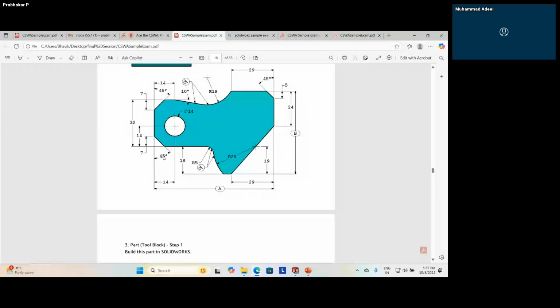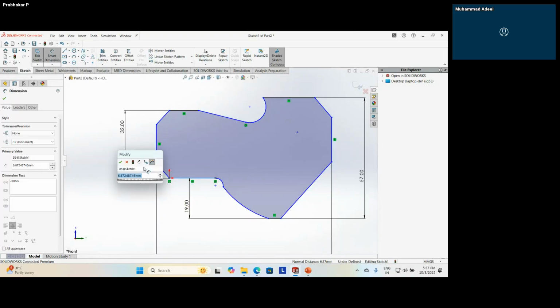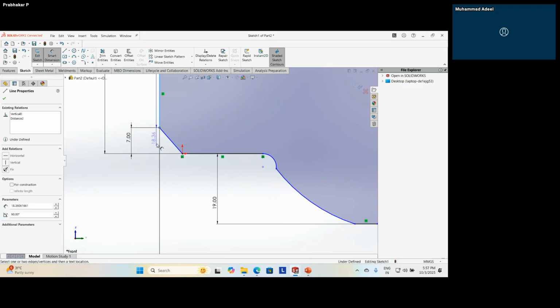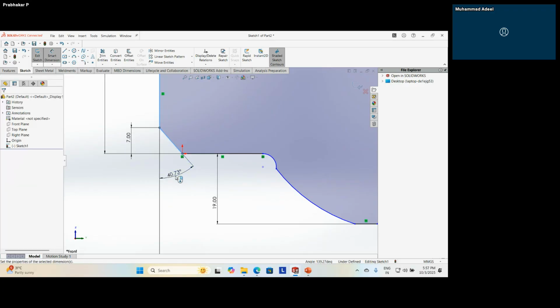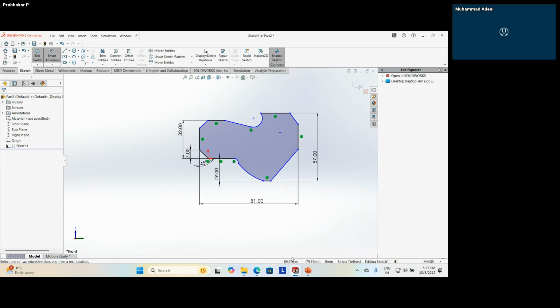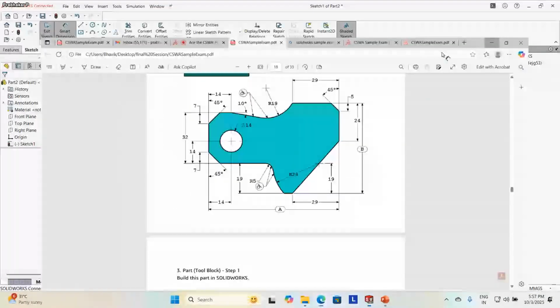This chamfer, they have given 45 degree and 7 mm. You can see this is also 7 and 45 degree.